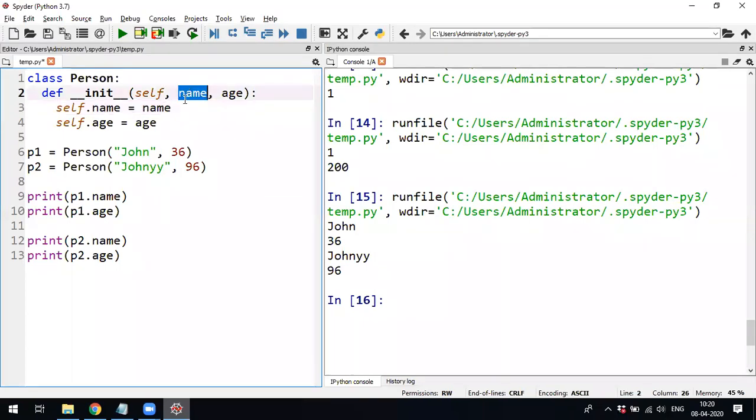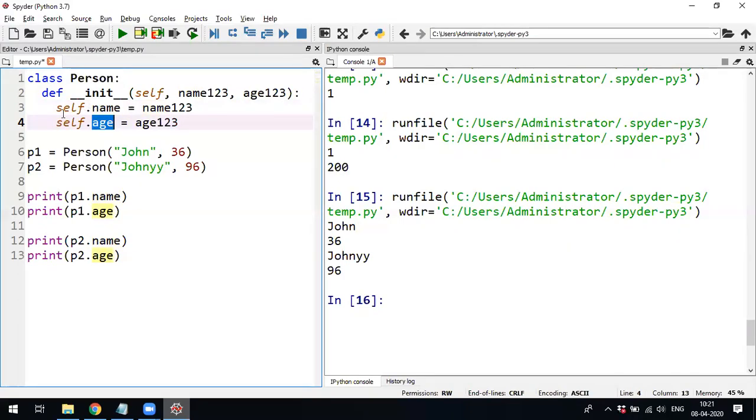This name one is the argument, the right hand side, it is a parameter. This name, it is an attribute. This cannot be the same name. It can be name123, age123, this name123, this age123. This name can be anything. This is a parameter argument. That value you are going to assign to the two attributes. In the person, there are two attributes called name and age. That value you have to assign. For that reason, there should not be a name clash.